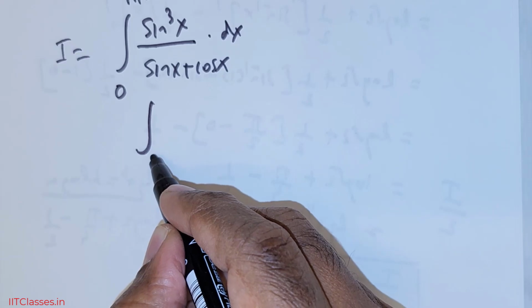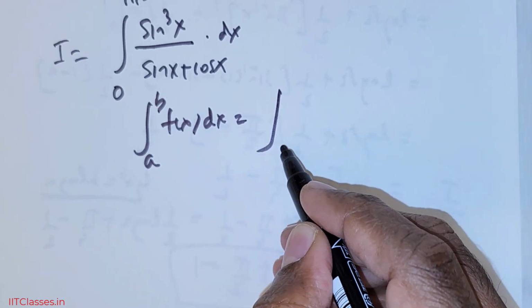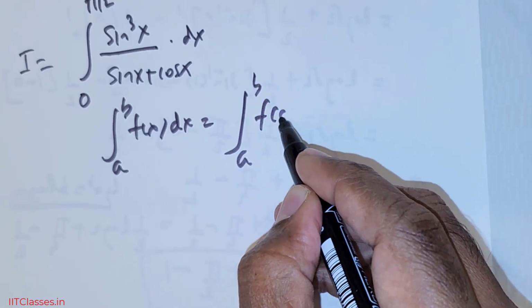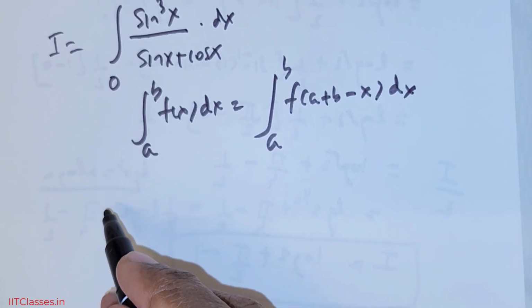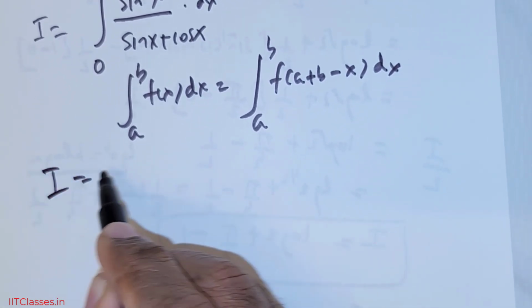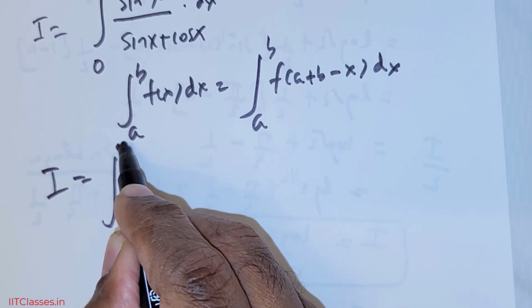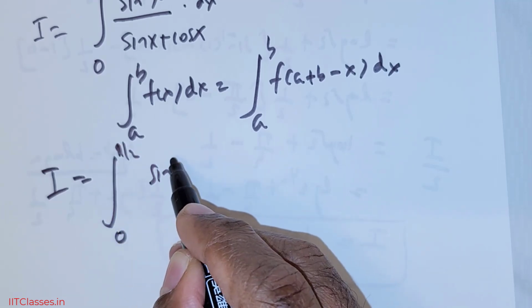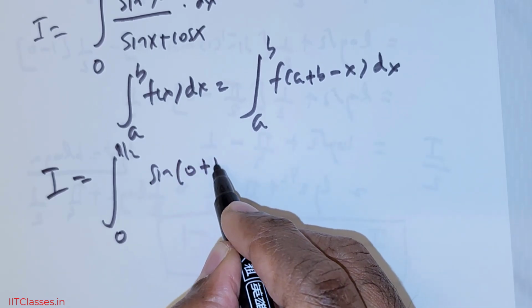First, we will be employing this property: integral a to b f of x dx is equal to integral a to b f of (a + b − x) dx. So that would give us integral 0 to pi over 2 sine. I'm going to write this as 0 plus